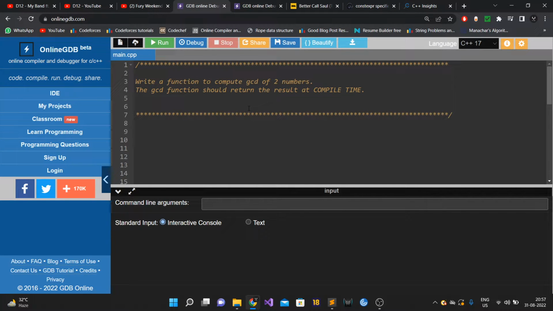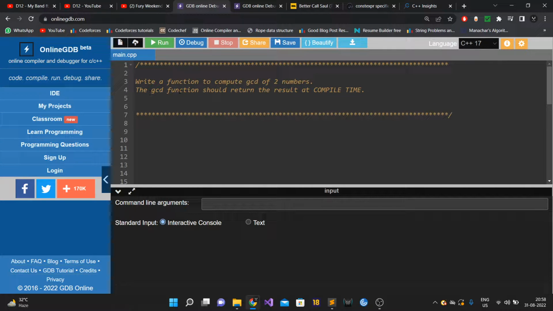The question is simple. This question has been asked in a lot of trading companies' interviews as well, a lot of HFT and hedge fund interviews, not just in India but in the United States and Europe as well. The question is that you have to write a function to compute the GCD of two numbers. GCD is basically greatest common divisor. In case you do not know what GCD is, you need to stop watching this video and watch some elementary math video. But anyways, I hope you understand what GCD is.